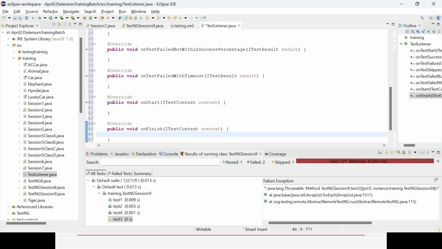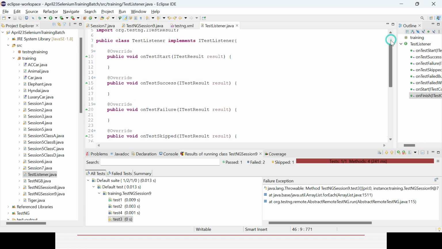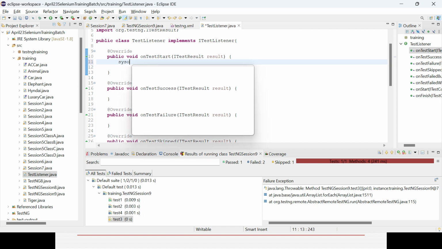It will be executed only one time. So what you can do here, this is already implemented. Now I will be adding some details, so that part will be executed here. So on test start, right? I want to make sure that on test cases,